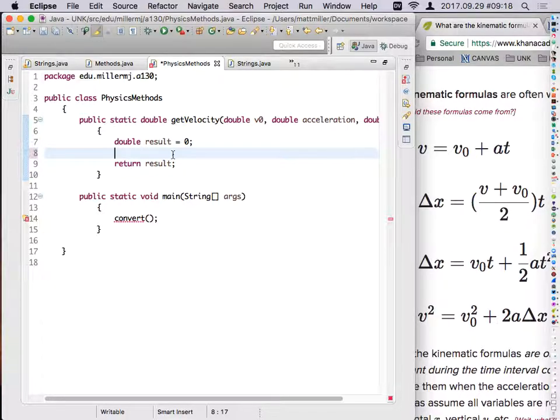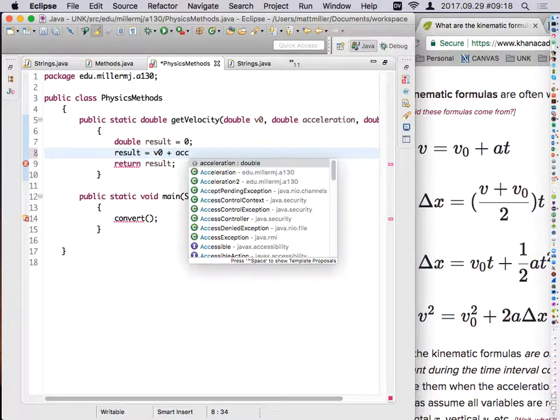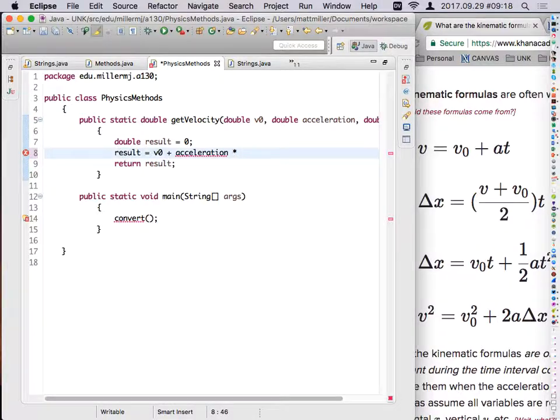So how do we get our result? Shouldn't be hard. Equals what? V0 plus acceleration times time. All right. Okay. So we can pick our thing. So let's say we want to do